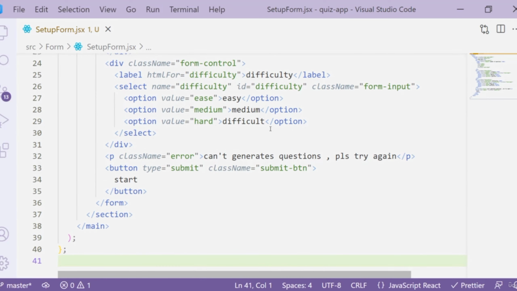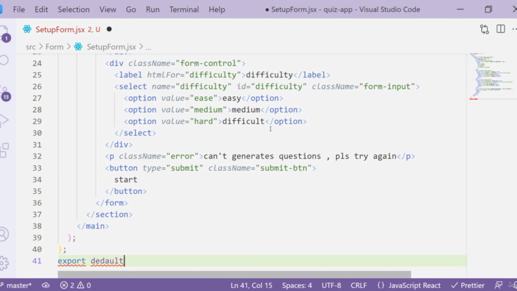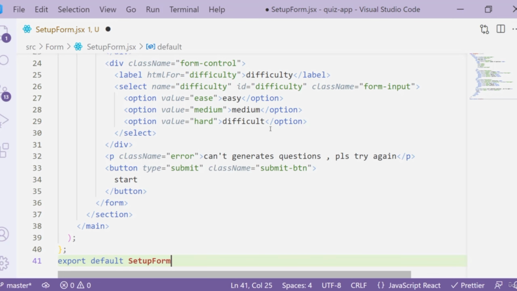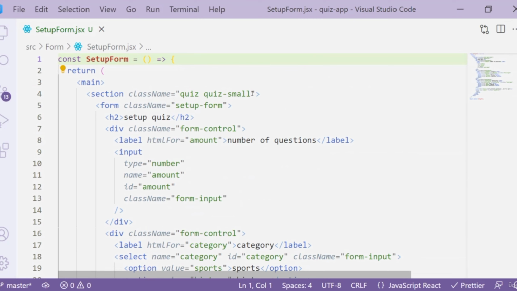So let's just export it. Export default setup form. Alright, so now we're exporting it as well. Now let's just call this form inside of our app.jsx. So move into app.jsx,